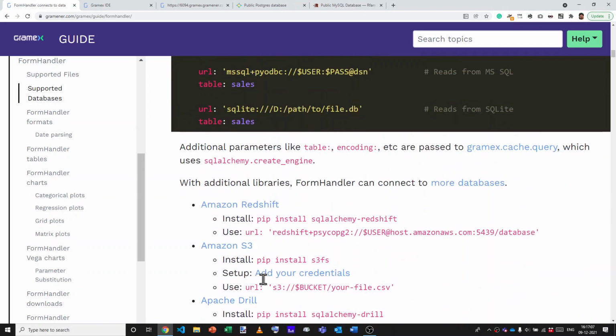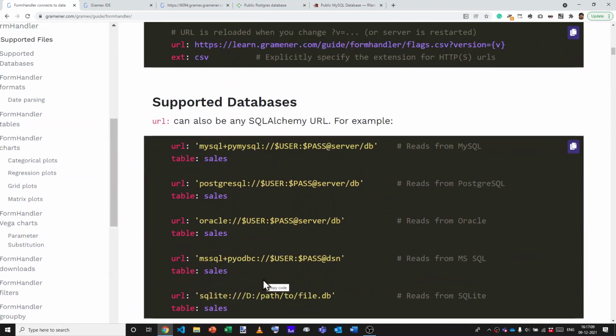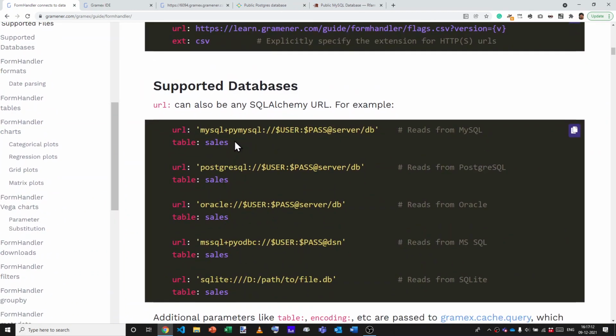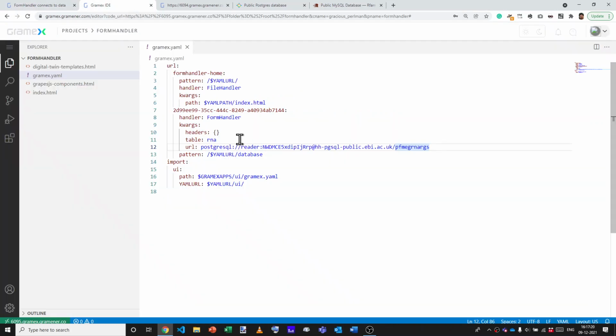Let's take one more example. This time I'll show you how to connect to a database directly using a string. So one of the connection strings that you can use for MySQL is this particular format. What we'll do is replace this Postgres with mysql+pymysql:, and we'll find another database to connect to.